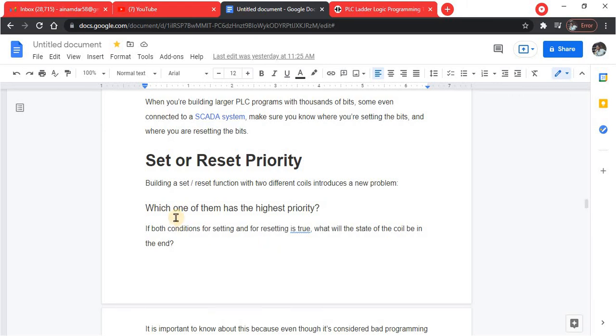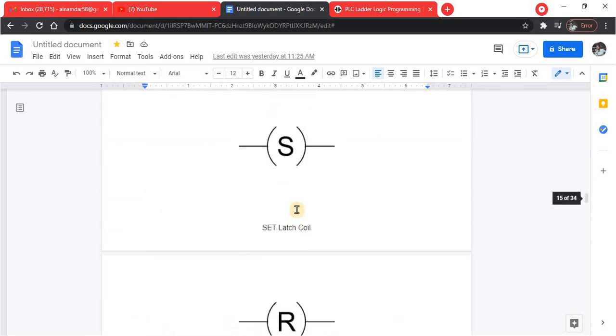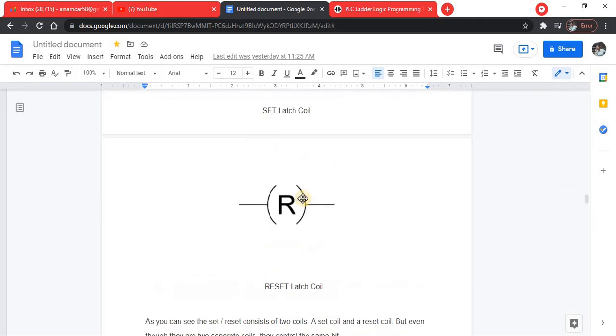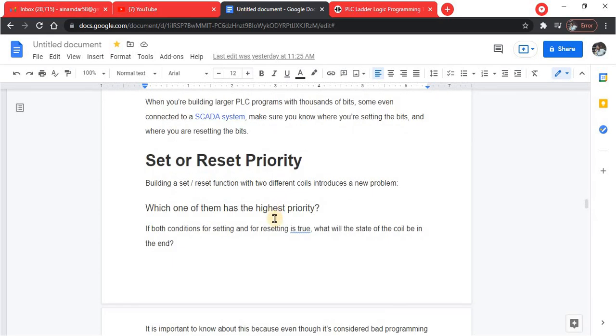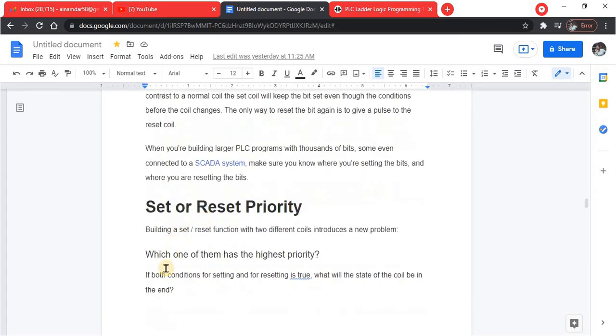Both coils work on the same bit, so which button or which coil should be given the highest priority?